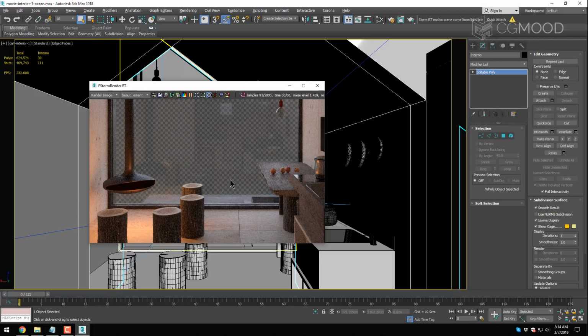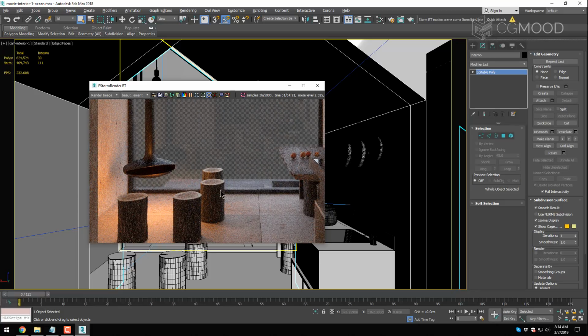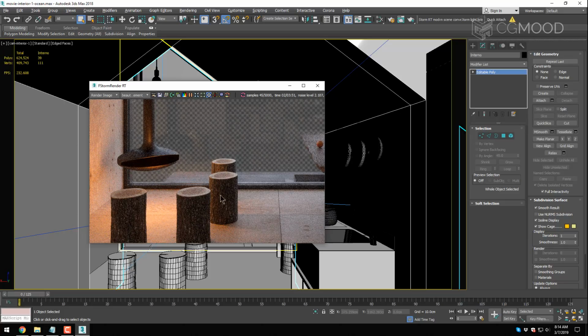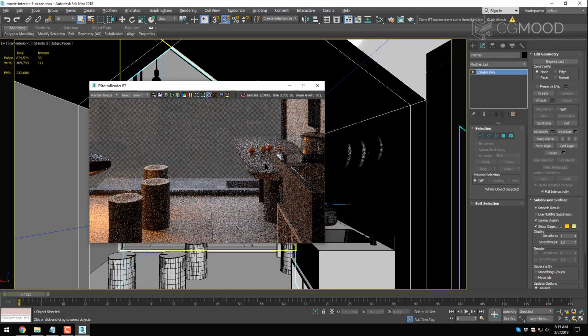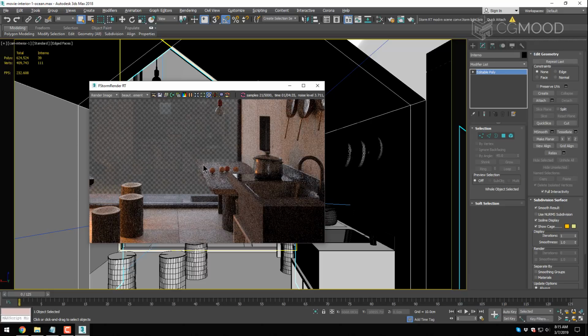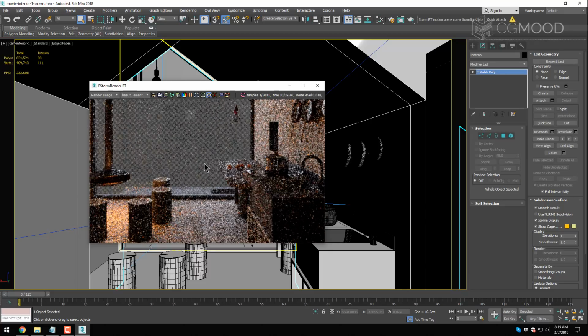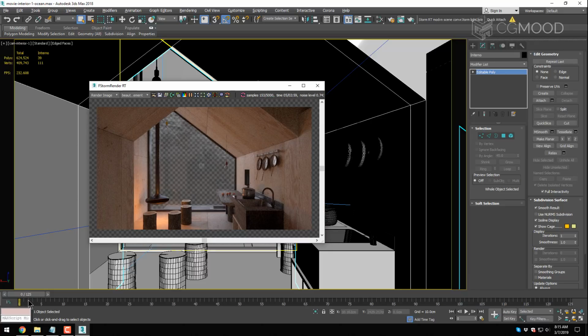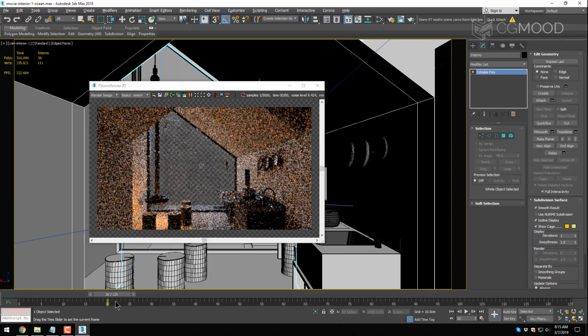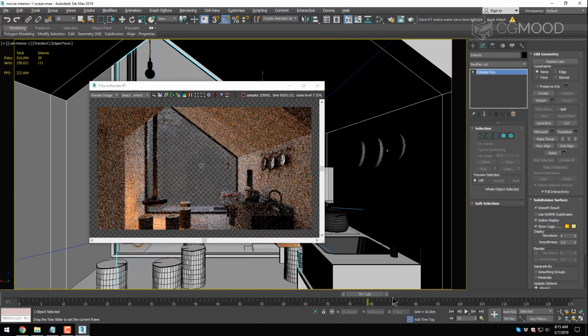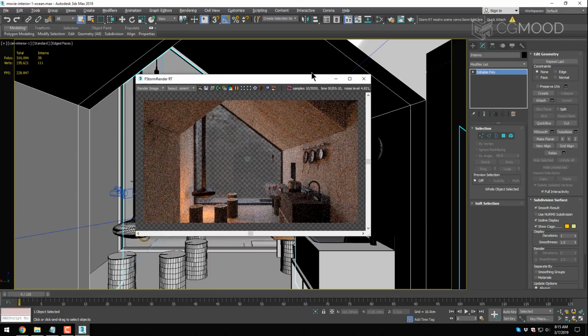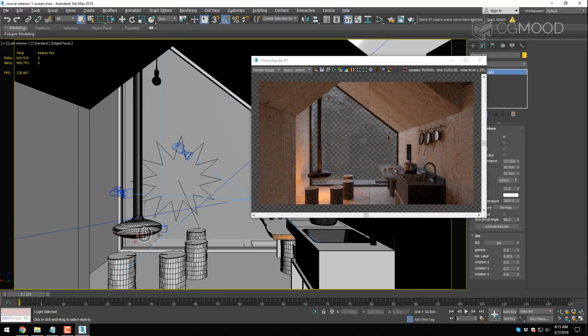You can find some assets on the CGMood website here. For example, these bar stools and this stove, and then I think nothing else for now. Oh yeah, there is another thing that I didn't talk about, but actually is quite important, and it's this light of the stove here